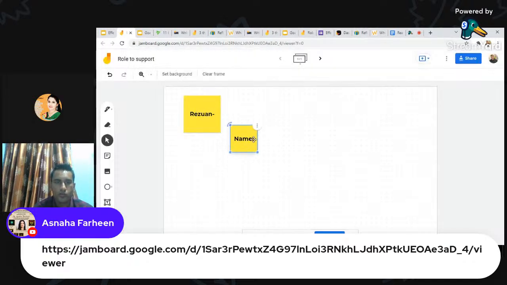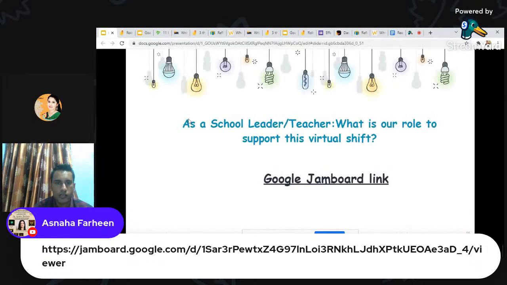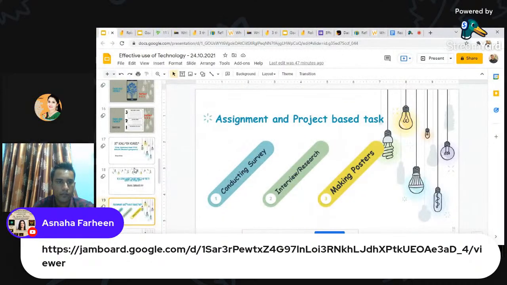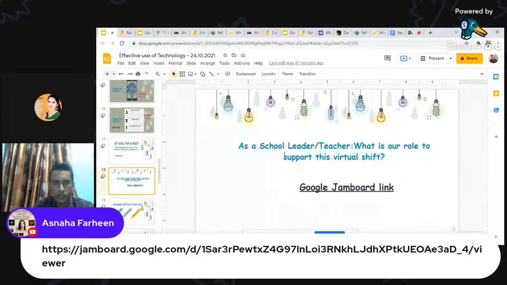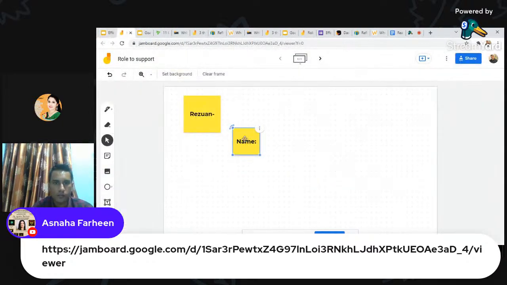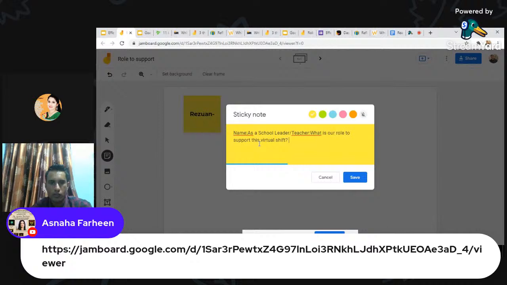So the question is, as a school leader or school teacher, what is your role to support this virtual shift?